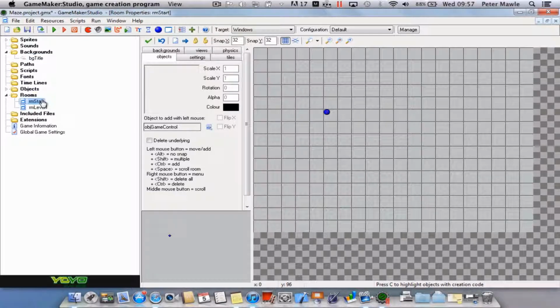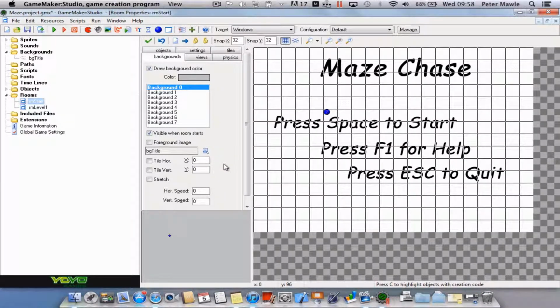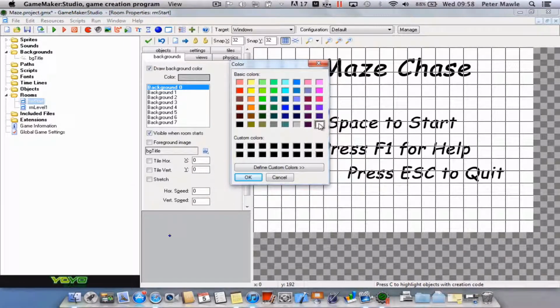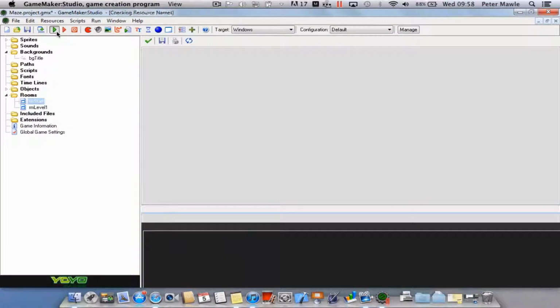Make sure you've got your start room or room title selected and choose the option backgrounds. And from the drop down list you can choose BG title. As long as you've created it at the same size as the room, it should all be fine. If it's slightly out, you can just change the colour to make it match whatever options you've used on your main screen there. So I'm just going to tick OK, give it a little test,